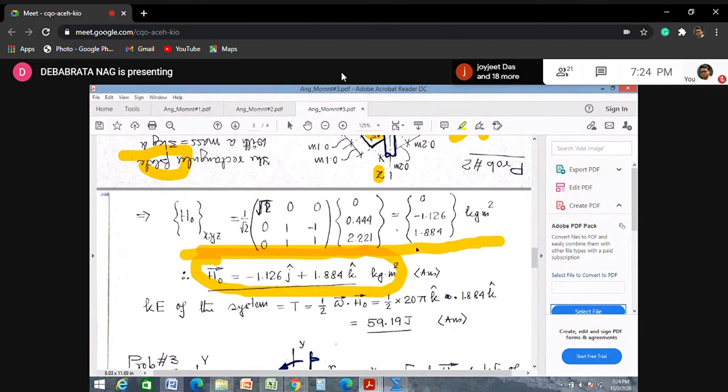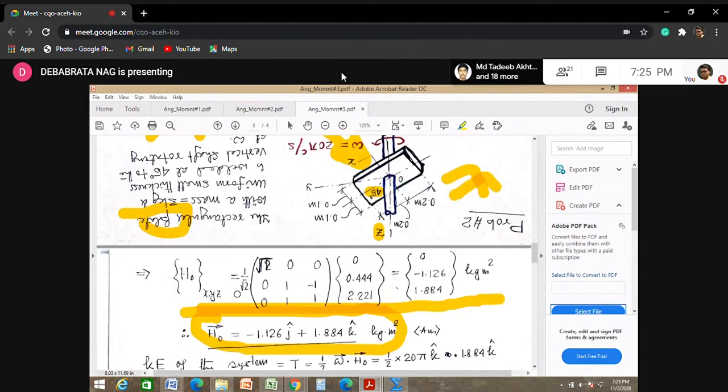I showed the matrix transformation here to give you some insight, because some problems may require this kind of methodology. You may not have the advantage of plain components like this to get your answer very quickly. So I showed a general procedure, so that if a real 3D problem is given to you, you need not worry about transforming your result from one set of axes to another. So you can find out what your angular momentum term should be. Right, so the angular momentum vector is expressed in x, y, and z components.